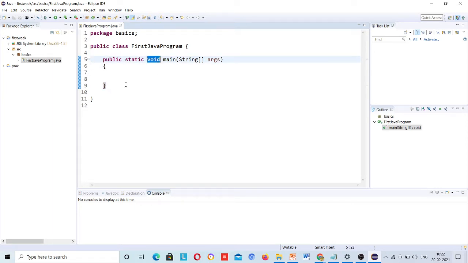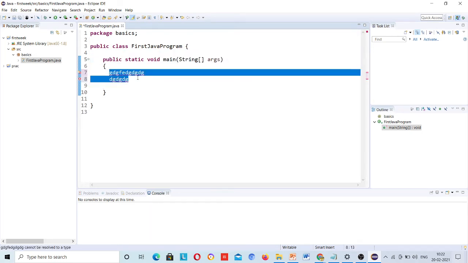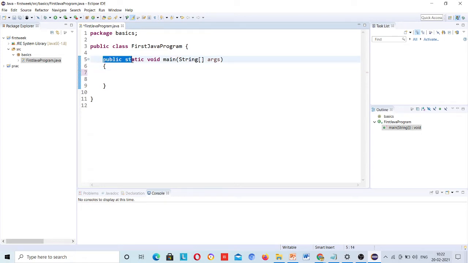But today just understand that whatever you write under it, your code will run starting from this main method. So you should forget this as of now. Just understand that this is compulsory. I will explain this in further lectures.